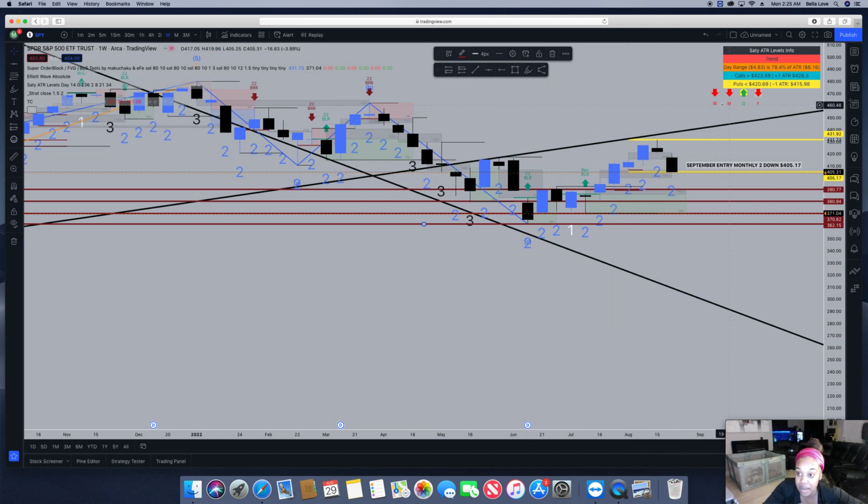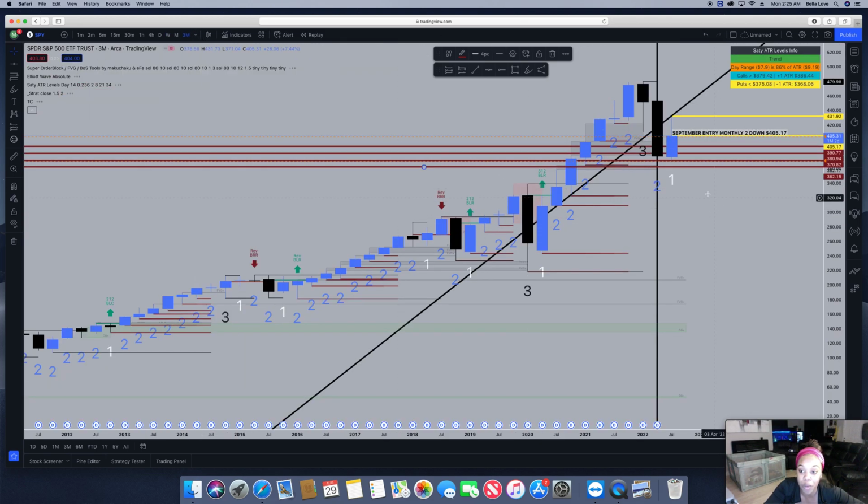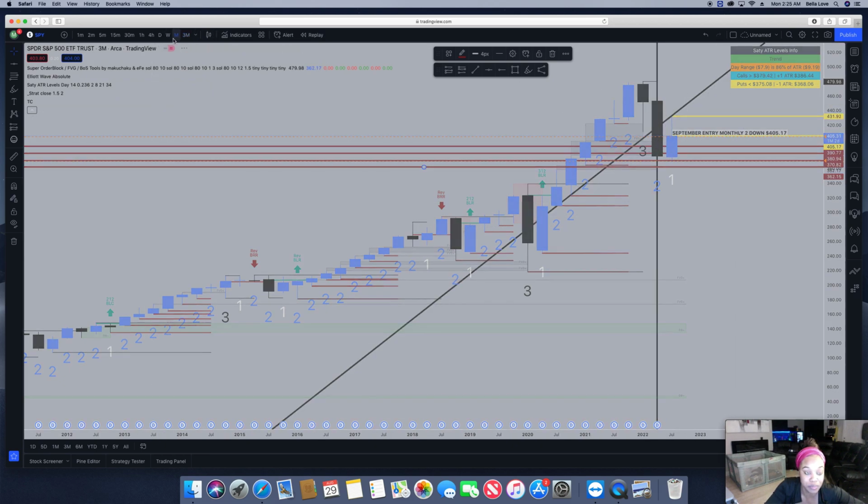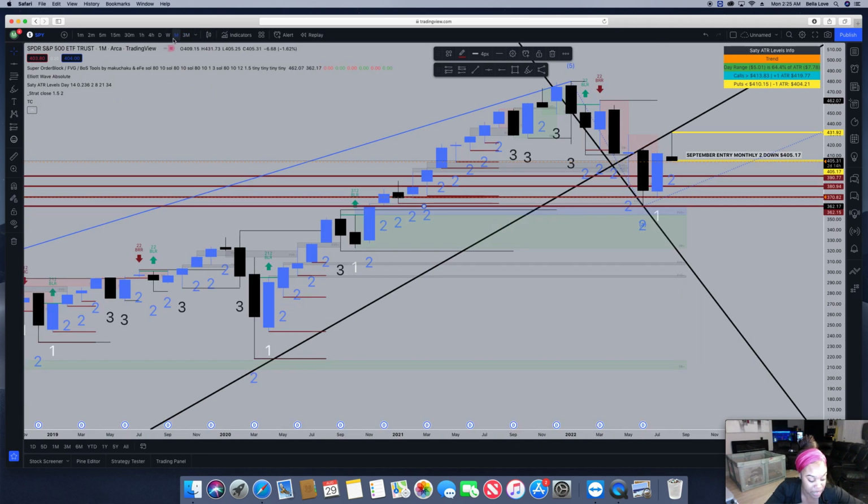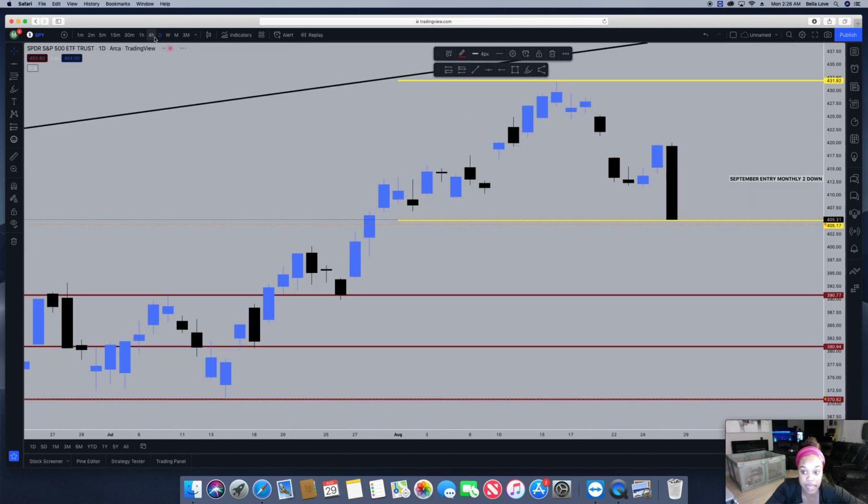Oh, and if you guys can see right here, this is my full-time frame continuity. So it is still green on the quarterly, but it is going to turn red on the quarterly if it drops past 380, and it is also on its way down to 380. So there you have it. September is known for dropping, so September is a very bloody month, so just respect that and keep that in your bias. So on the daily chart,